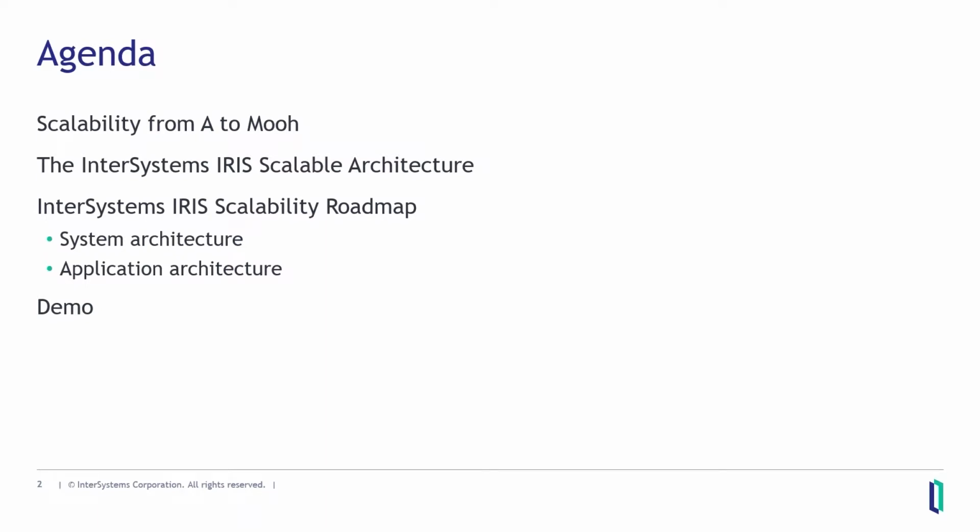We're first going to talk a little bit about what we mean with scalability, just to get some definitions in place. We'll define through pictures. Then I'll talk you through our new and updated architecture for sharding. So the people who have looked at sharding in the 18.1 release will still recognize plenty of it, but you'll see that we've evolved and made things a lot easier for people who want to adopt this. And then I'll talk through our roadmap with InterSystems IRIS when it comes to scalability. What do we have in stock? What can you expect to see in the coming features and the coming